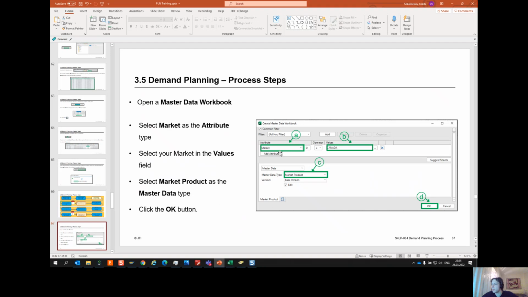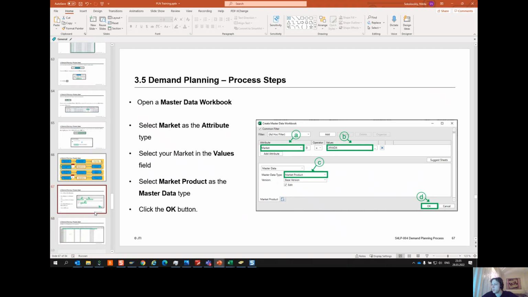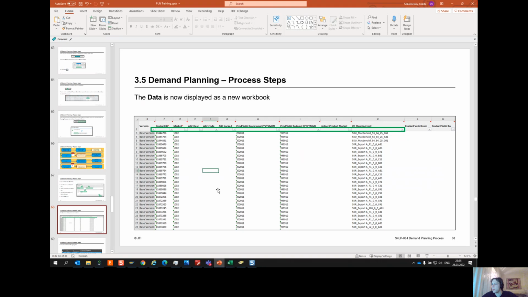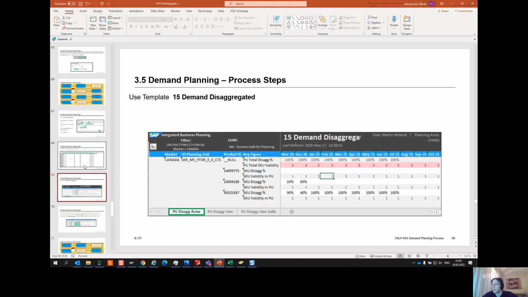So they select the market in the filters and the master data type. They select all the filters, click OK button, and after that, they are able to see all their assigned products coming from BW Portfolio Cockpit. So they need to check the validity dates and if all the products for their markets were transferred properly. After that,